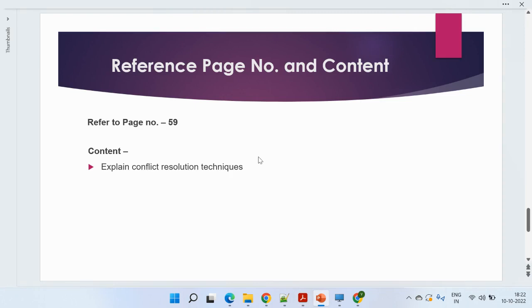So all the three questions are pretty much straightforward. Just make sure about the critical one. Do not directly copy paste from anywhere. Just read the material, reframe the sentences, and write it down in your own words.